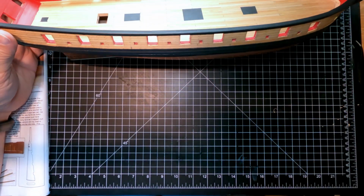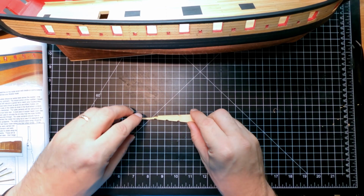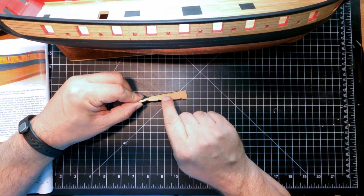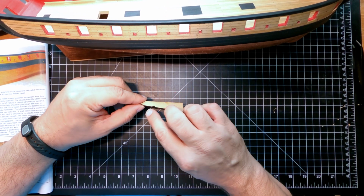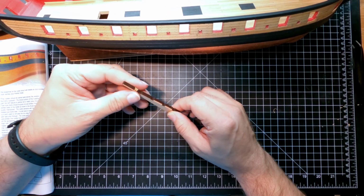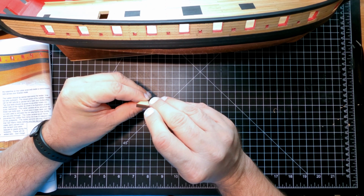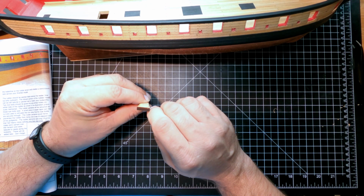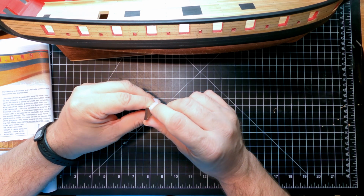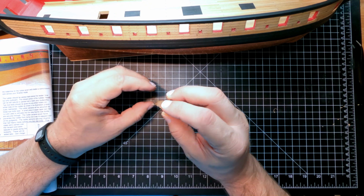Next step now is to shape and install the rudder. This thing will get painted black. It'll get coated in copper, and it's going to have the hinges on here, the gudgeons and pins. But it does need to be shaped so that it's angled on the front, so that the rudder can turn side to side, and then it's going to be tapered towards the back to about probably half the thickness of the current wood. So I started here,